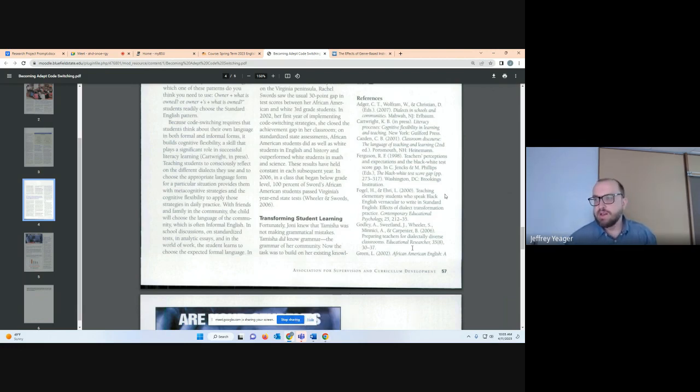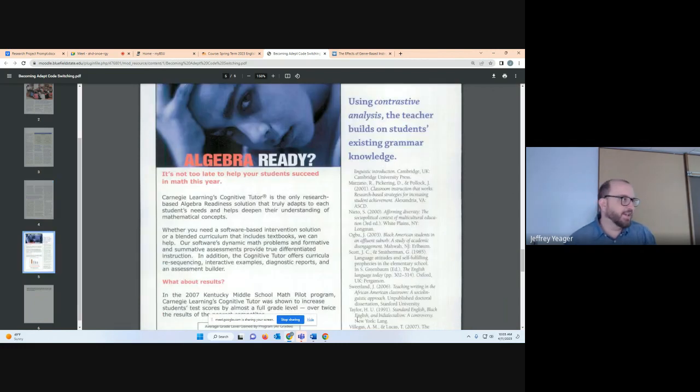Scan through these. Whenever you find articles, scan through them, see who they're citing. Maybe if there's a title that really pops out to you, then you can go in and look up that article. That takes you down a rabbit hole. That helps you understand what the conversation is about your topic.